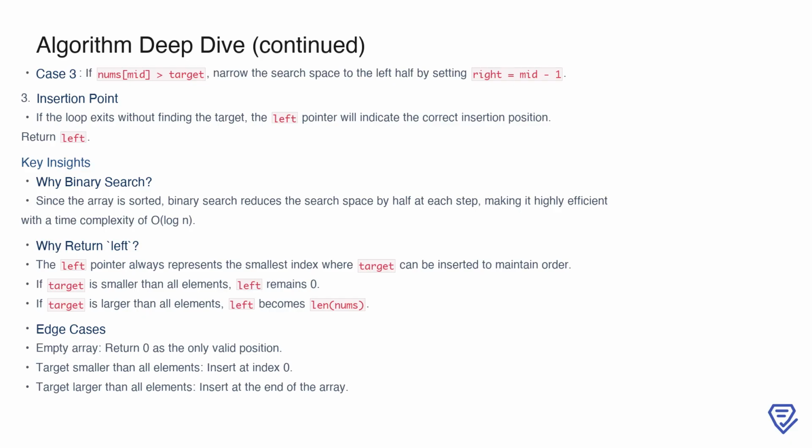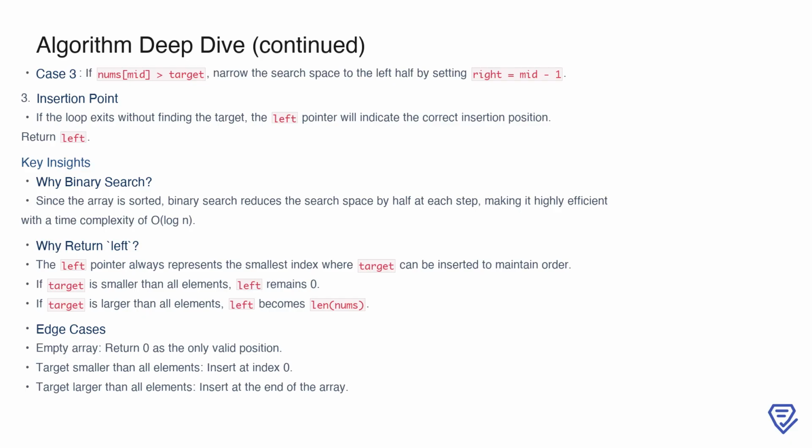This efficiency is the key reason for using binary search in this problem. Additionally, returning the left pointer ensures correctness in all scenarios. If the target value is smaller than all elements in the array, left will remain at 0. And if it's larger than all elements, left will equal the length of the array, pointing to the correct insertion